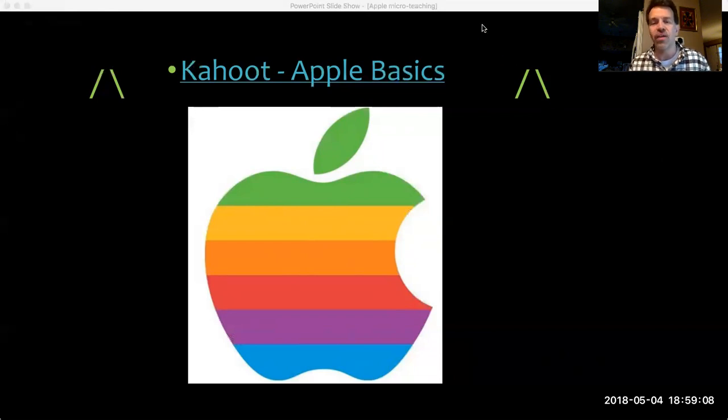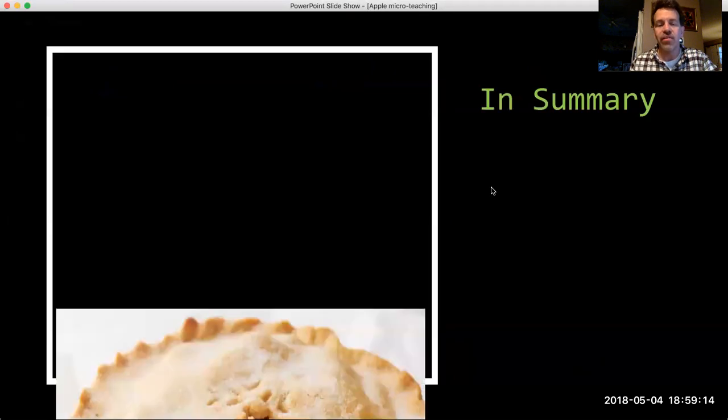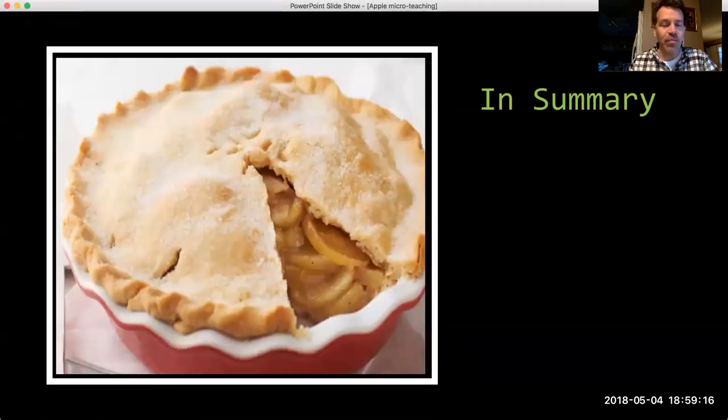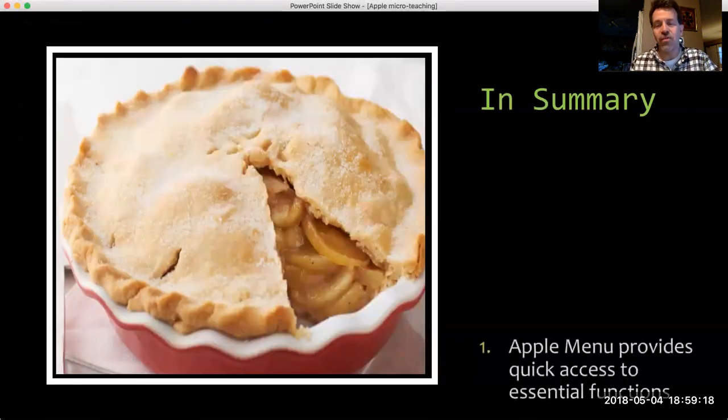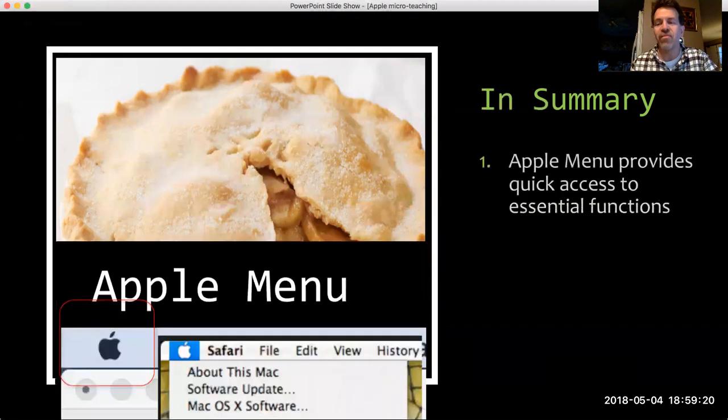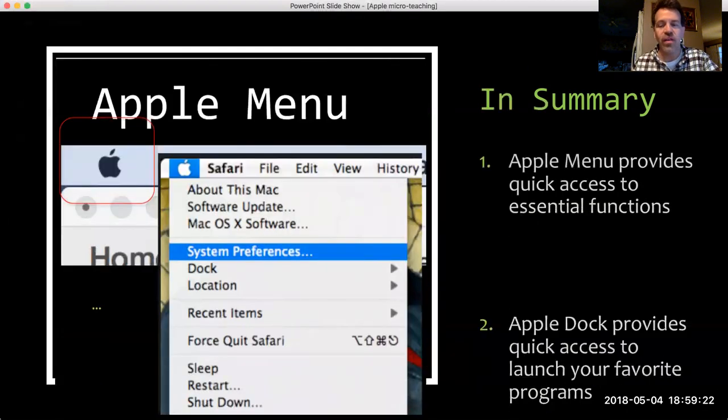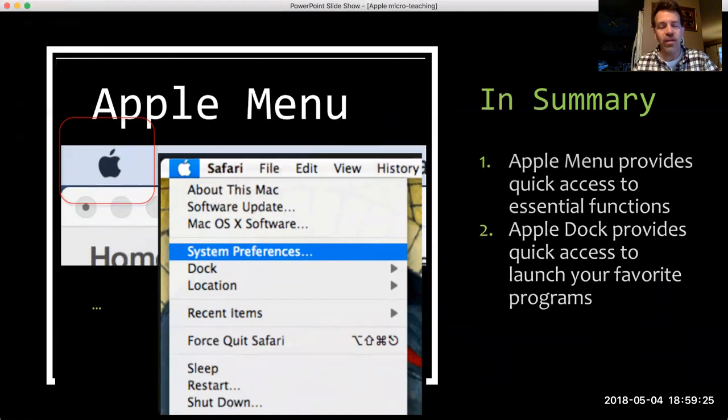All right, well done. I'll take a couple minutes here to summarize what we just talked about with our Apple system. In summary, it wasn't like apple pie, but our summary is more focusing on the Apple menu, provides quick access to essential functions, and of course the Apple dock, which we can use to go ahead and quickly launch our favorite programs or